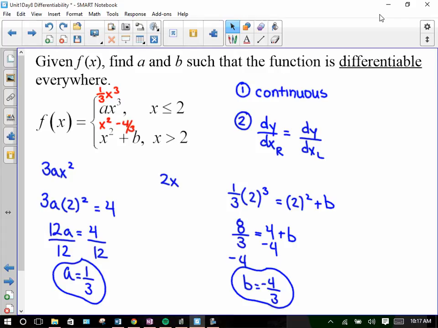Questions about that? The first thing you want to do, take the derivatives of both, solve for one of the variables. Once you know what that is, you go ahead and try to figure out what you need the second letter to be. So find B, just plug in my x value and the a value I found for the first one into this function and this function, set them equal to